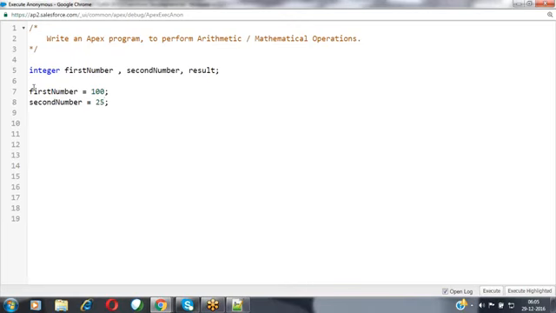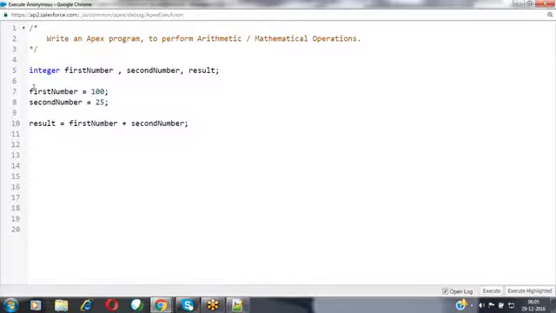Now I want to perform some mathematical operations. The first mathematical operation is addition. For that I'm using result equals first number plus second number. Whenever you perform addition on the two values, the result is produced, and I'm storing that result inside the result variable.